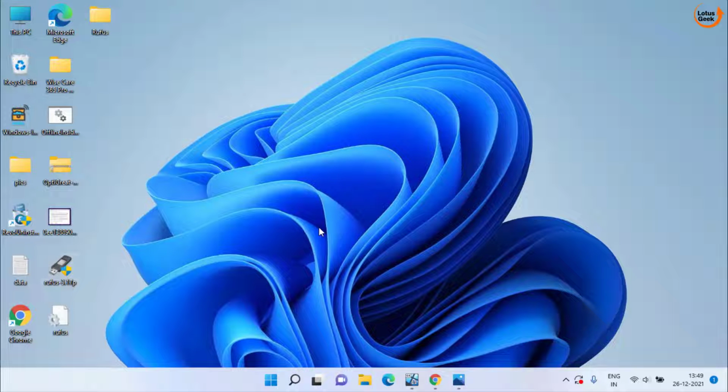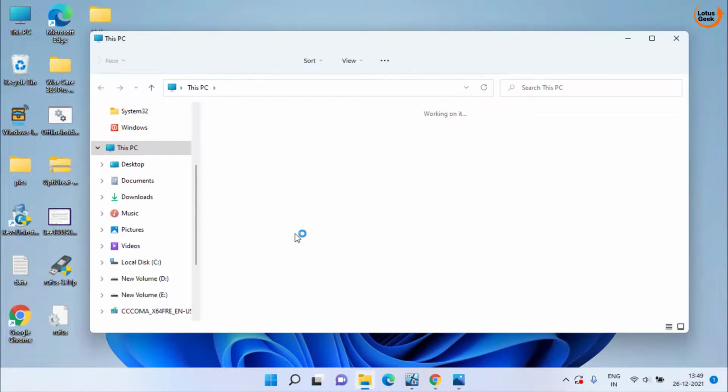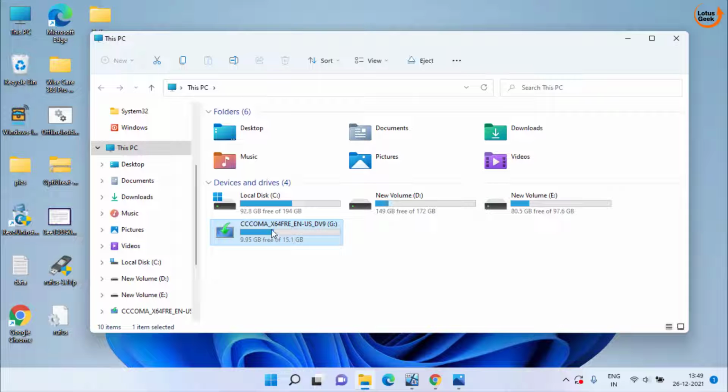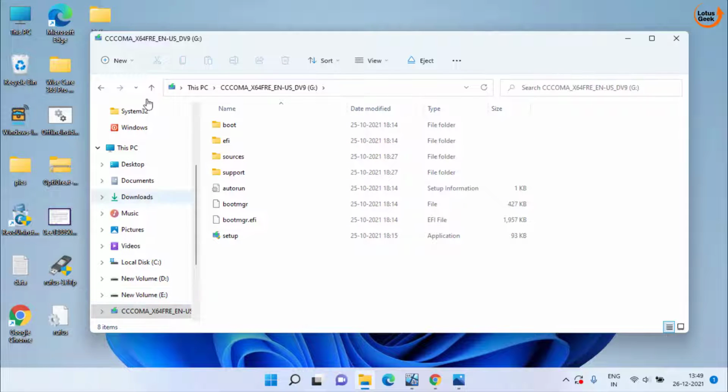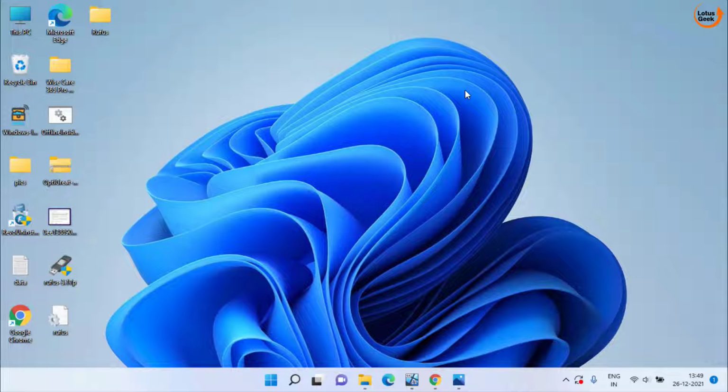Same thing, I have already created, and here it is. This is my bootable USB. Now once this is created, go ahead and try to install Windows using this particular bootable USB. Now if the error occurs again and this also doesn't work out,